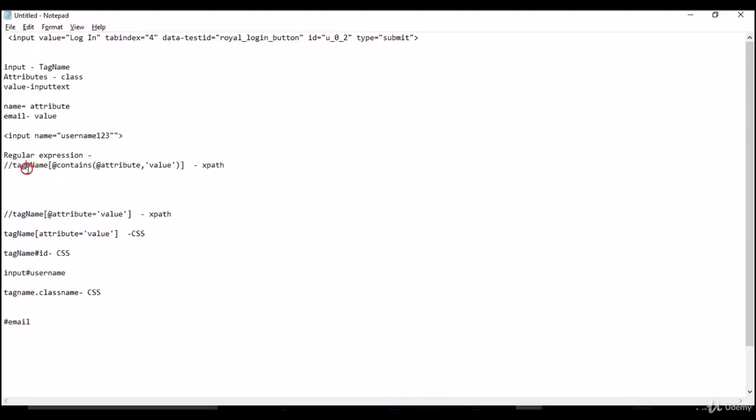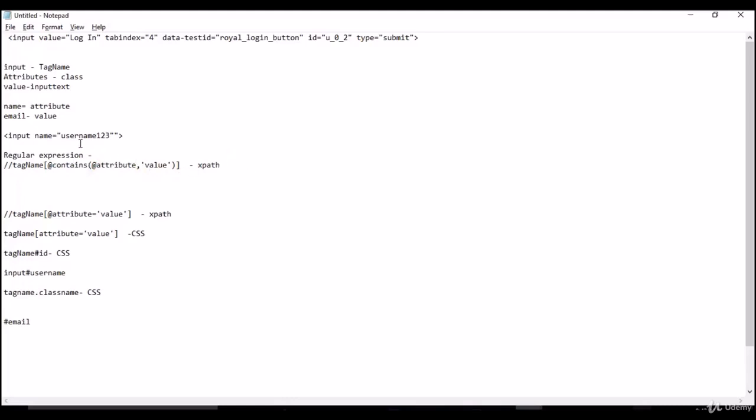So basically we are saying go and identify the element with the tag name or with a star, which is anything. Pick out one attribute, and that attribute should have the value, but using contains. Don't expect an exact match like the syntax which you saw earlier. Earlier we said equals to, so that value should be equal to the attribute value, but here we are not saying equals to, we are saying contains. That means the text whatever you pass here should be contained in the actual value. That's all we are saying, simple. So this regular expression happens with text contains.